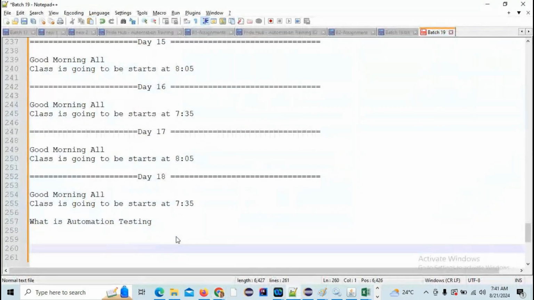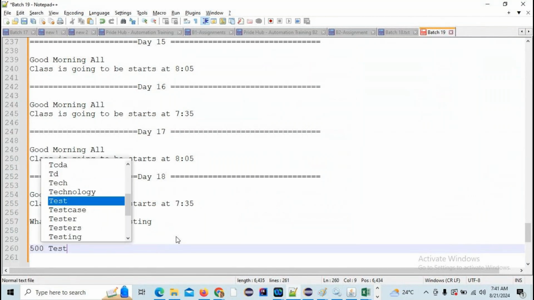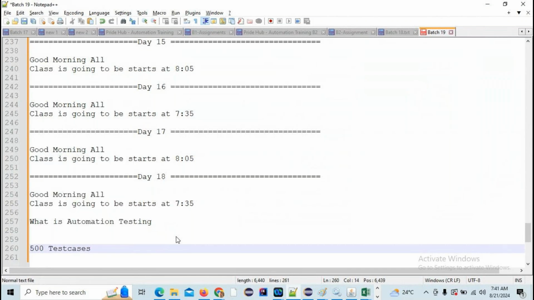I will tell the difference between manual testing and automation testing, and how much time each takes. Here, for example, you have 500 test cases. This is the scenario I am describing. You need to tell how long it takes in manual and how long in automation. We have 500 test cases, and you need to run them